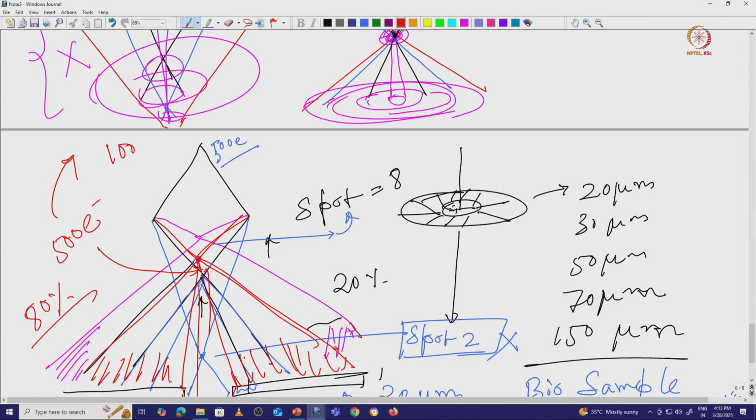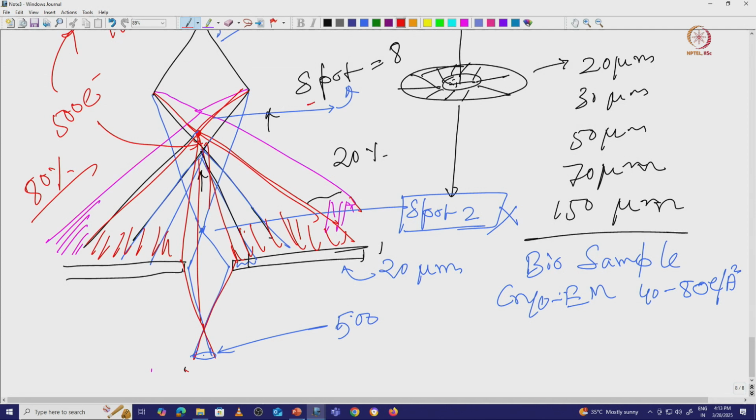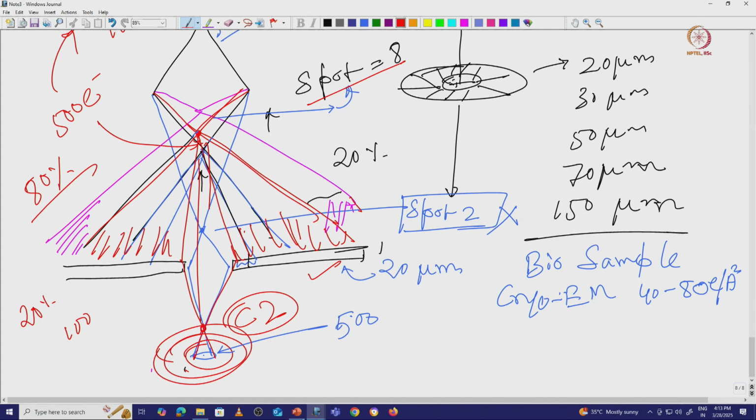So, in this particular condition, you can see that if you are using a higher spot size, 8, and a smaller size of aperture, and you maintain the C2 lens current, you can remove almost 80% of the electron dose and keep only 20% of the electrons, meaning only 100 electrons you are allowing, and you can control the beam diameter also. So, your beam diameter is not changing. So, even if you have a cryo grid and a particular hole, you want to control the beam diameter as well as the electron dose.